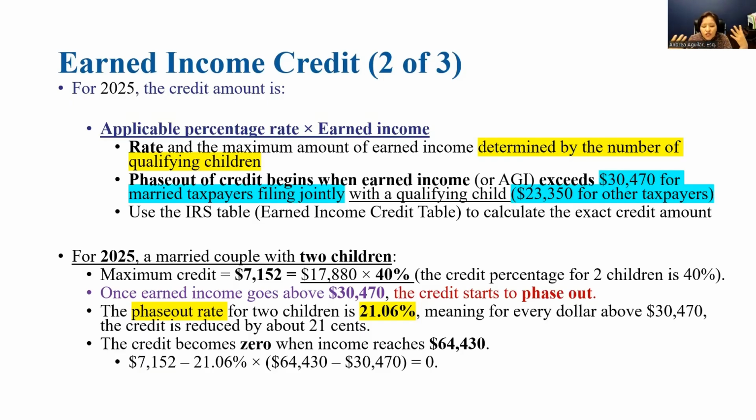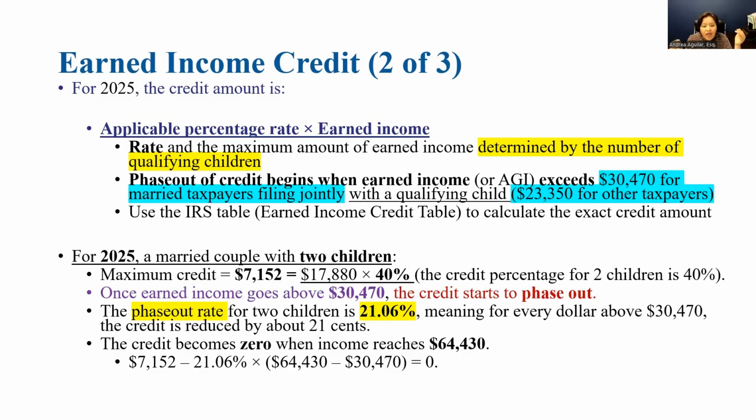And once you reach $64,430 as earned income, you're going to completely lose the earned income credit. Okay. And we apply this formula. We're going to have time to practice. Just get the idea. In this case, the applicable percentage is 40%. So your maximum earned income tax credit in this case is